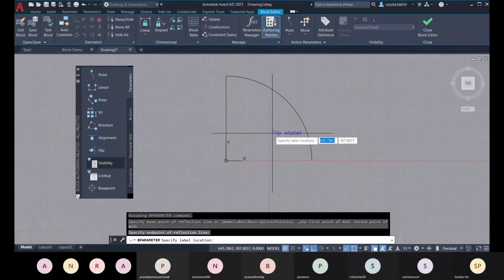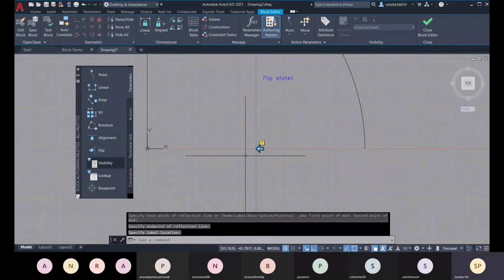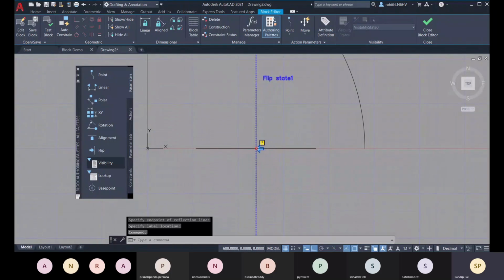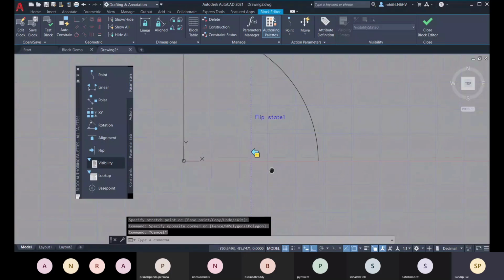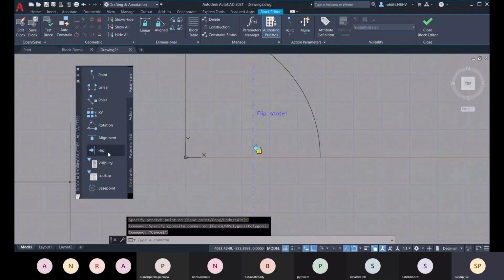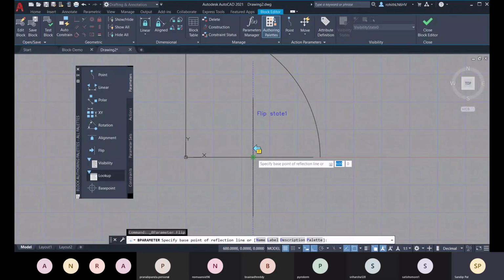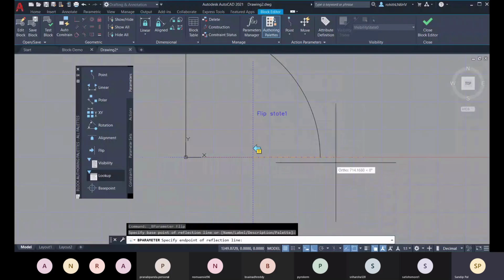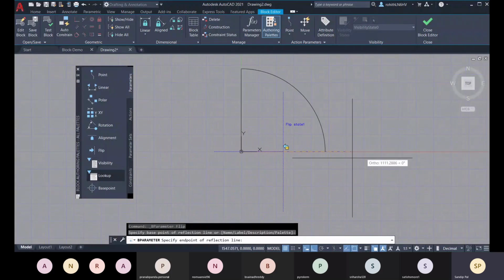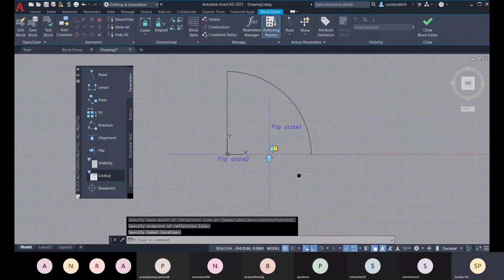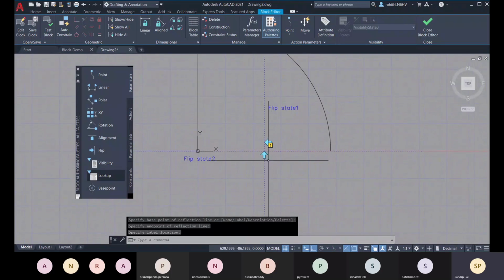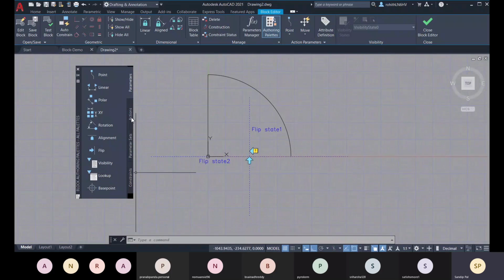Okay, and this is the direction. In this direction it will flip. You can change the position for this flip, like here you have placed it. Okay, and you can again place the flip parameter. Here you can go for it. This is the position, and then the next point will define the axis. Now this will be the axis direction, and there you can specify the label, and in this direction you can flip it.